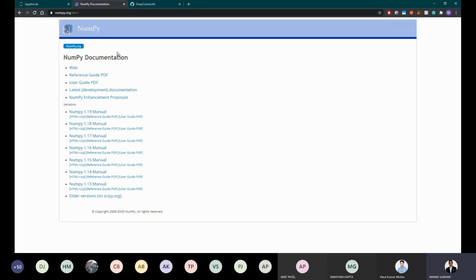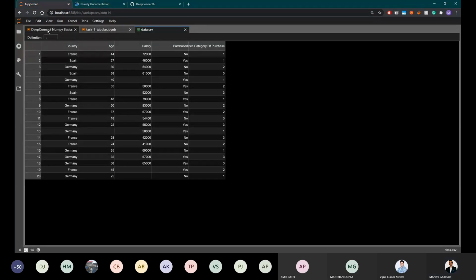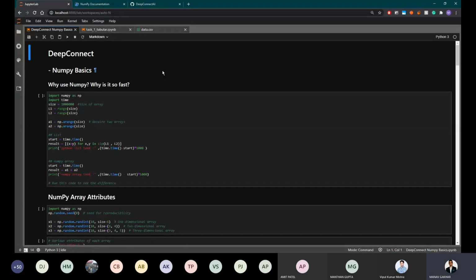Obviously, you can't expect the faculty to teach you these libraries, so you can just go out there and learn them on your own. But just for this session, we'll start today with learning NumPy, just a precursor to it. Maybe not everything, but just the basics. So the first question that comes to your mind is, why are we using NumPy?